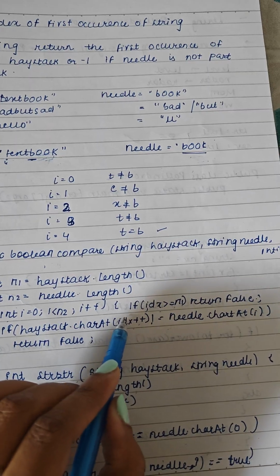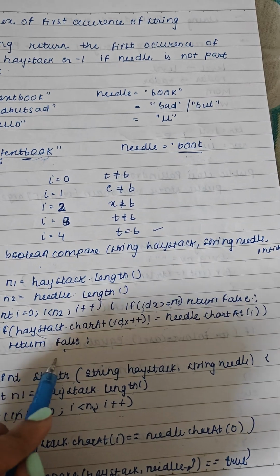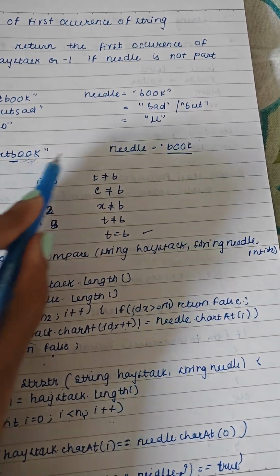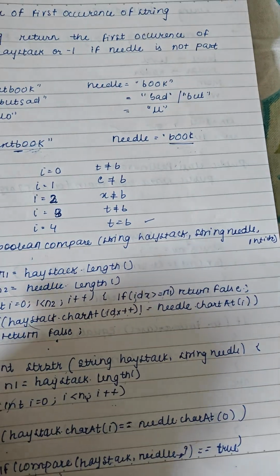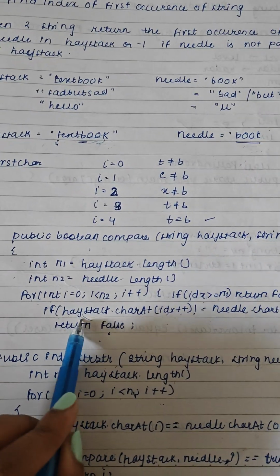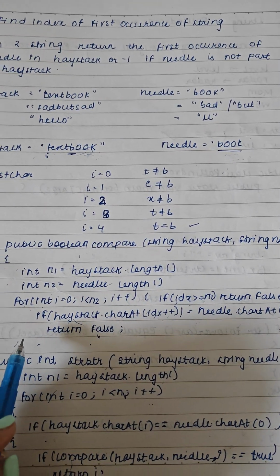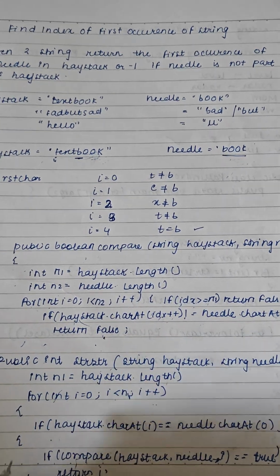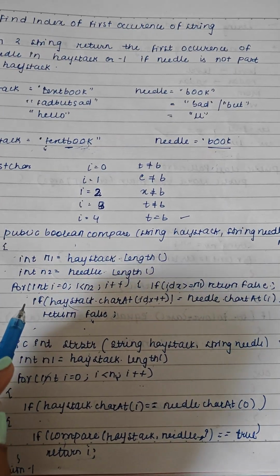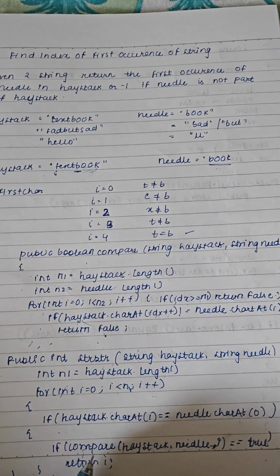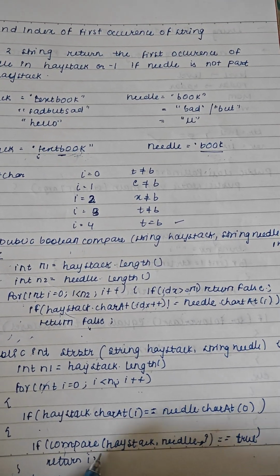So it will check o is equal to o, so it will not enter this if loop. Again it will check this o with this o. Then they are equal, so it will compare this k with this k. Both are equal, so here it should be written true, so it will not go into this if condition, and it will return true. So here answer is equal to true, so we get true from this compare function. Then it will return I, sorry, the index, that